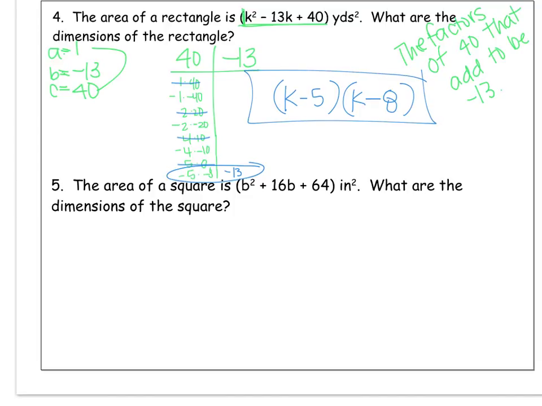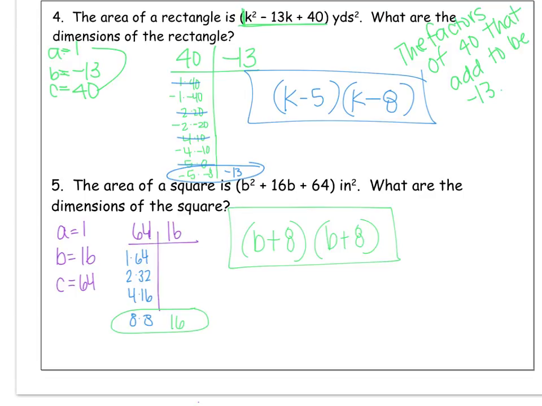And that's my answer. So go ahead and pause the video, and I'd like you to try number 5 on your own. Alright, so hopefully you found that the dimensions of the square, which a square tells me that all the sides are equal,